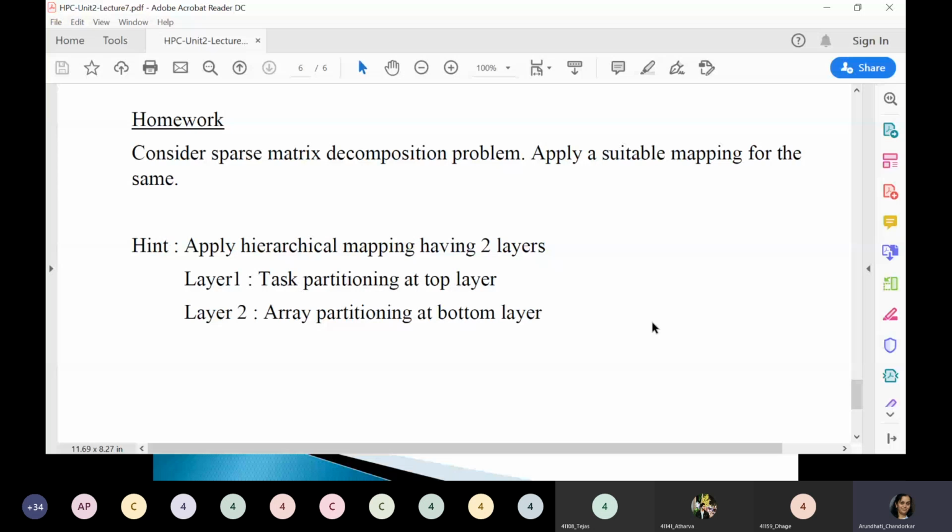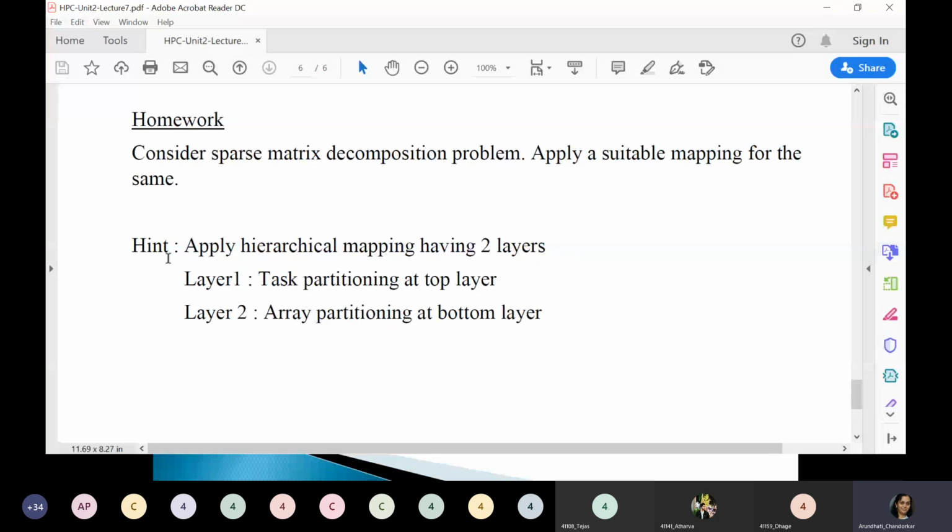So we have completed the static mapping techniques. A number of schemes we had seen, and you just apply them. Now you solve this problem. Just think whether the same problem can be solved by hierarchical. We had solved this sparse matrix vector multiplication problem using a purely task partitioning scheme that we just discussed, with three processes, P0, P1, P2, and those lists C0, C1, C2. So now can it be solved using a layered approach?